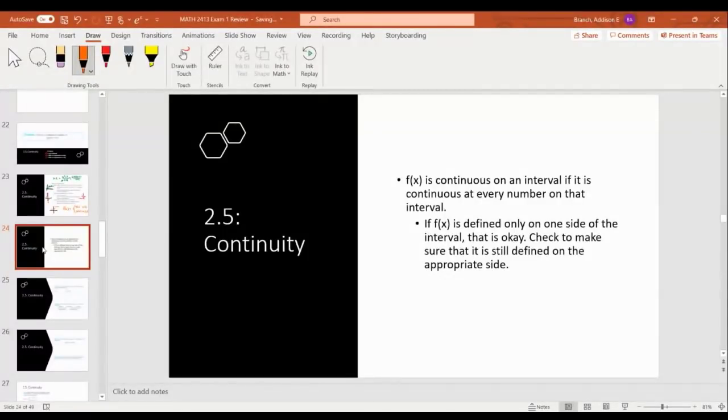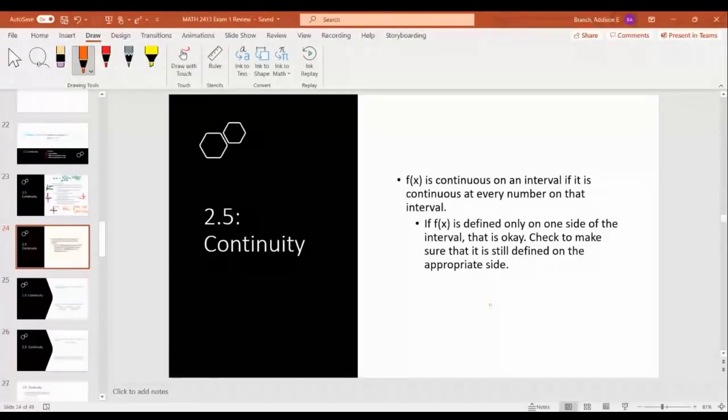And then we just discussed continuity at a point, but we can also have continuity on an interval. So essentially, f of x can be continuous on an interval when every single point on that interval is continuous. And it's okay, actually, if you have an interval, but it only is defined on one side. So for example,